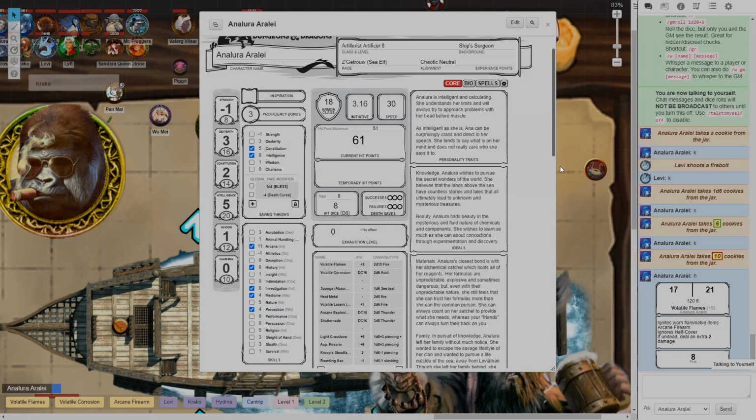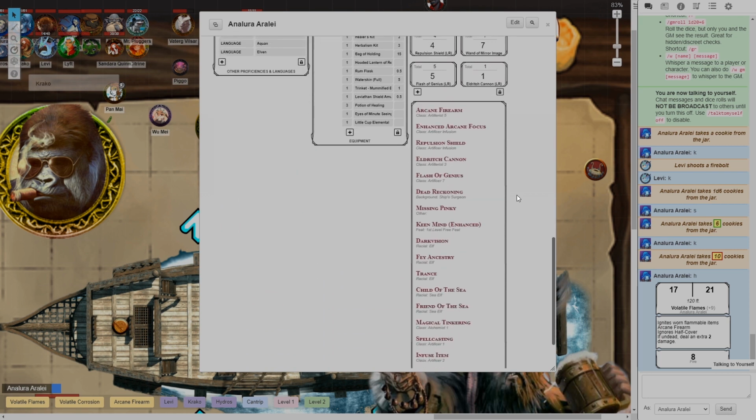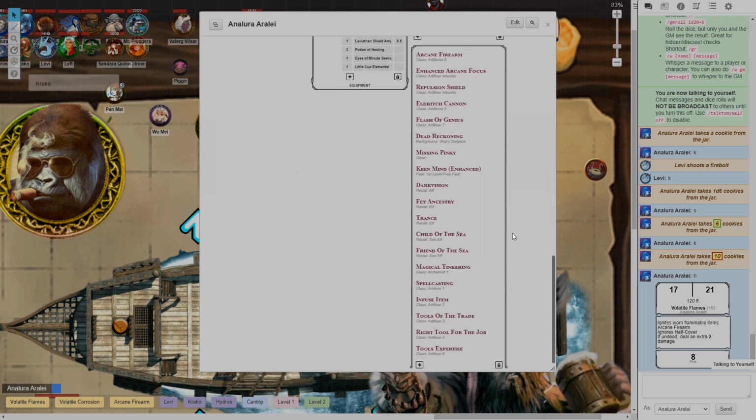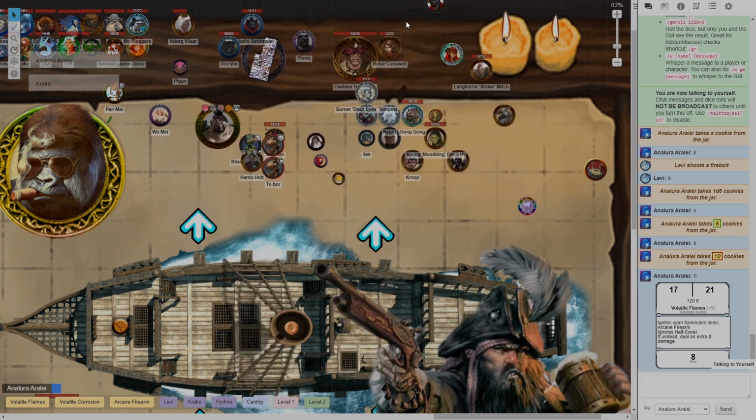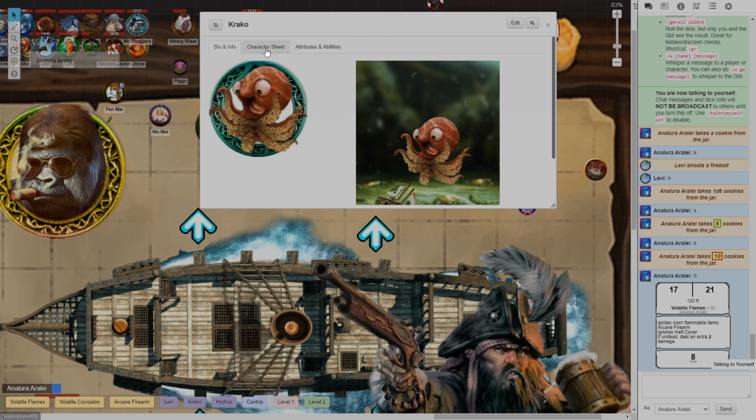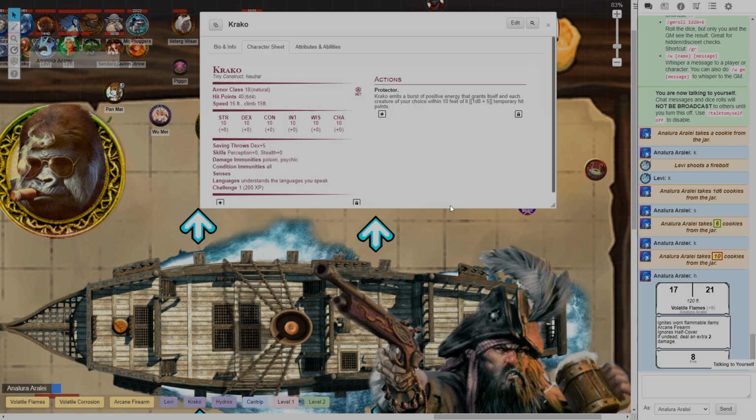Now, this inline macro is really useful for things like features and traits. So on this character, I actually have a number of Eldritch Cannons, which I also call my familiars. They can be interchanged. And my Eldritch Cannons, they have attacks and abilities that they can use as a part of my bonus action. So Krako here is a Protector Eldritch Cannon, and what he can do is, as a bonus action on my turn, I can tell him to give temporary hit points to himself and any ally within 10 feet of him. So this Protector skill here